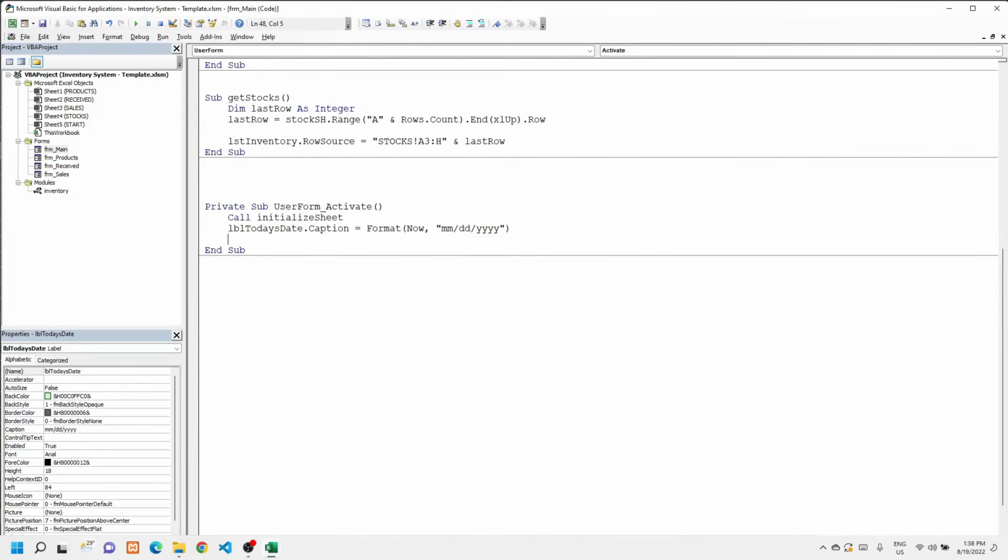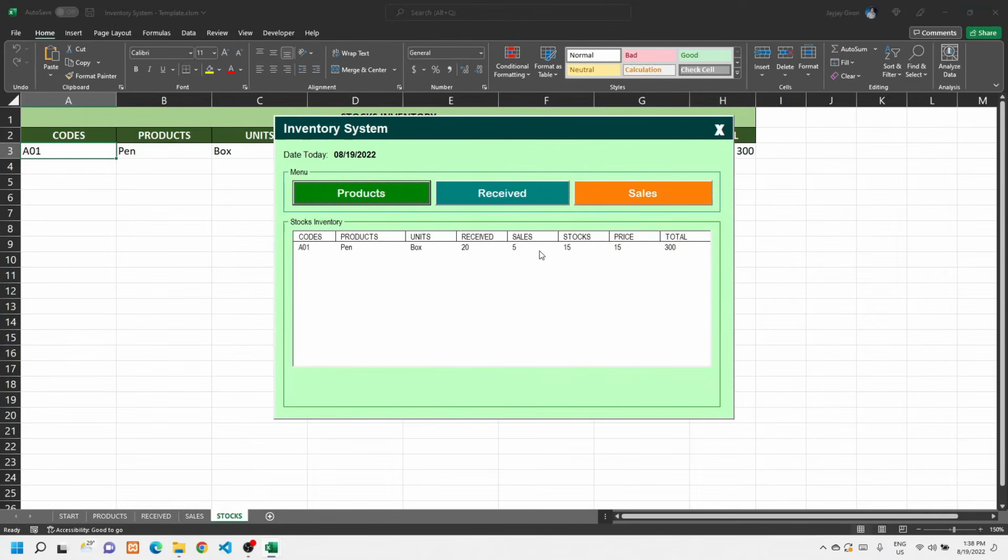And we also need to call the hide form title bar to hide our user form title, as well as call the get stocks to refresh our stocks or inventory stocks list box. We can test this from here by clicking the run button,